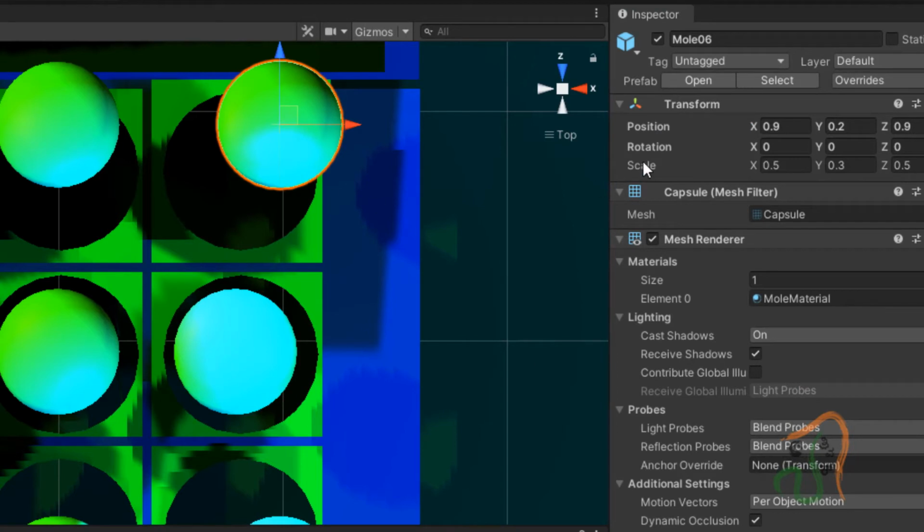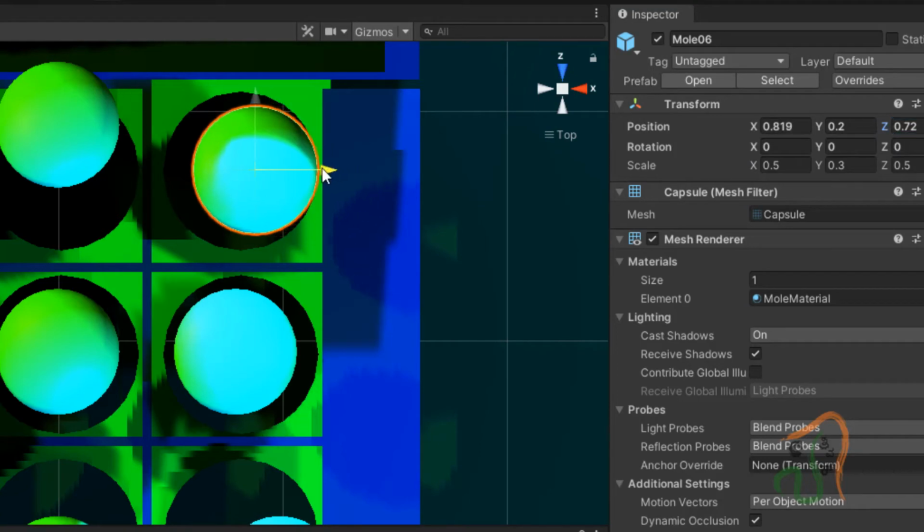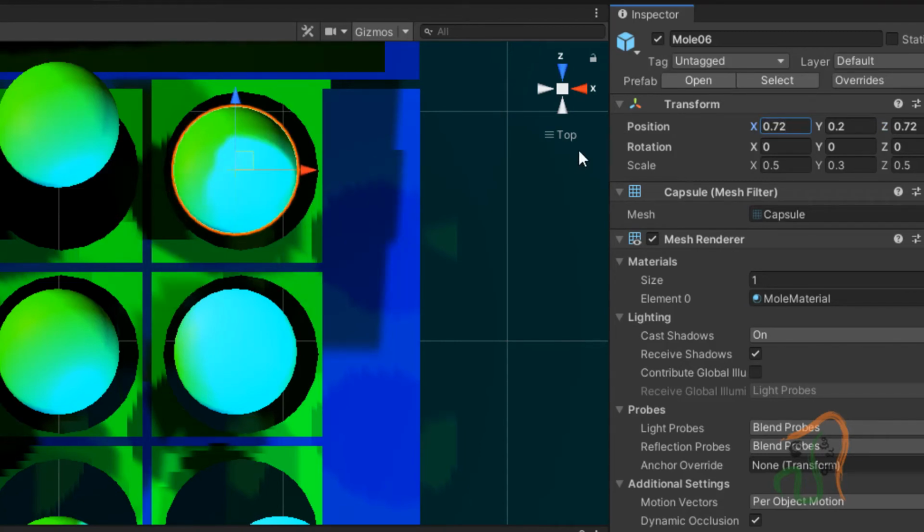Now along the z axis, let us move it by 0.72, or okay, it's not precisely placed. One second, it has to be here. Along x also 0.72. Okay, x and y 0.72.